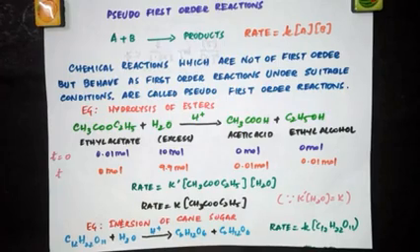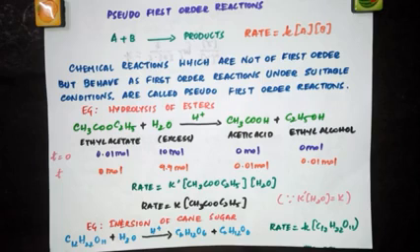Thank you. Guys, I just want to include one more topic in this video. Pseudo first order reactions. When we discussed about order, we have seen there are different chemical reactions which can be classified on the basis of order. We call that a zero order reaction, first order reaction, second order reaction, third order reaction, and we even had fractional orders also. When do we call a chemical reaction a first order reaction?